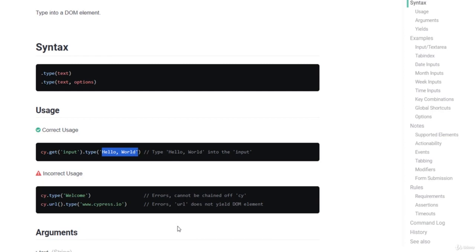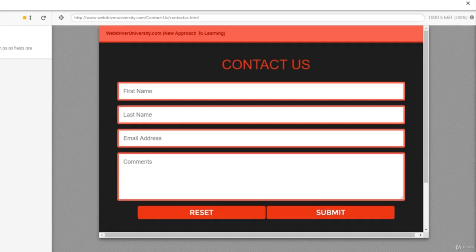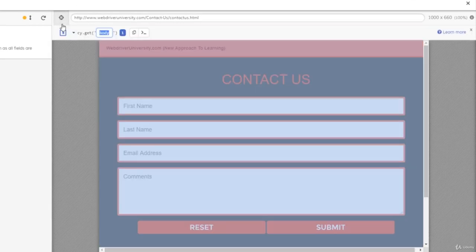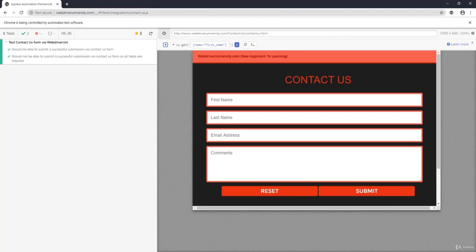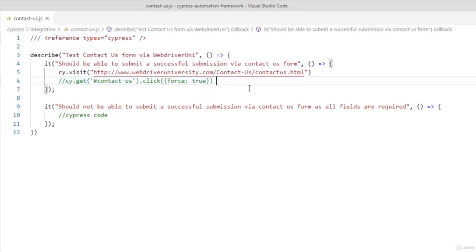So what we can do is go back to our runner, use the selector tool, so click on it. With it enabled, highlight our first name text field. You see it has created a selector for us. Copy to clipboard button, so click that button. Go back to our test. On a new line,